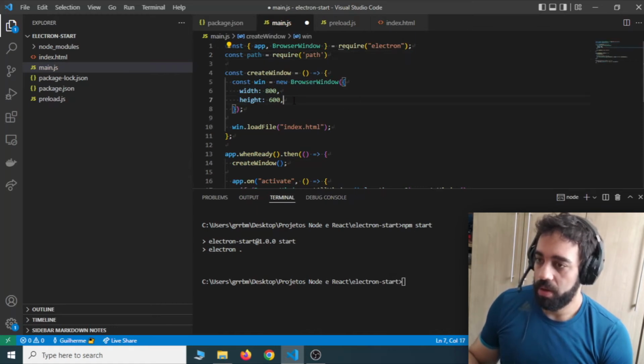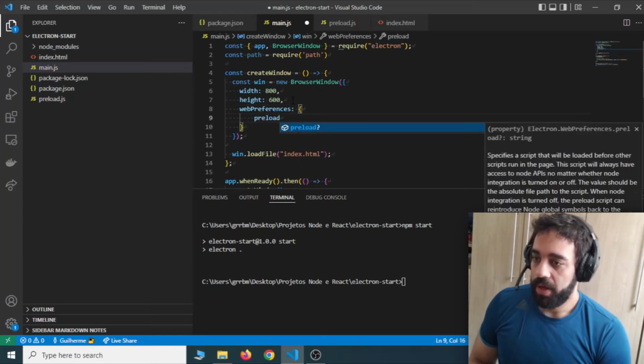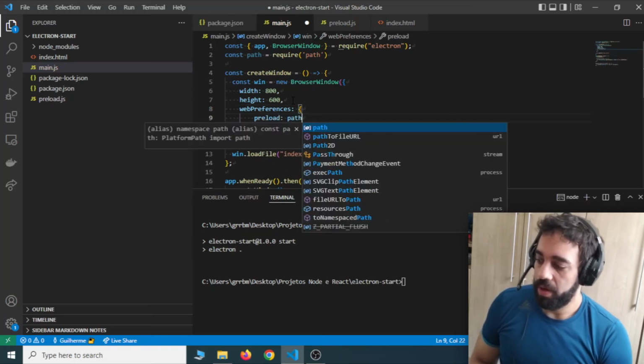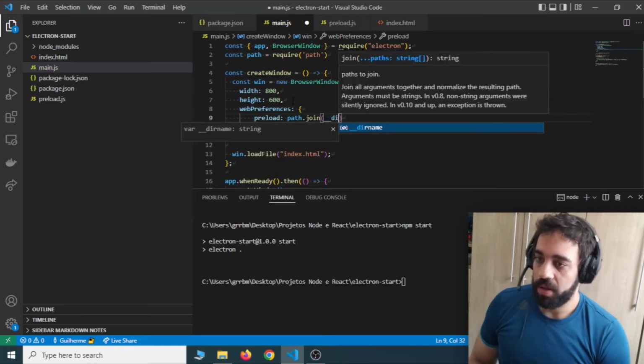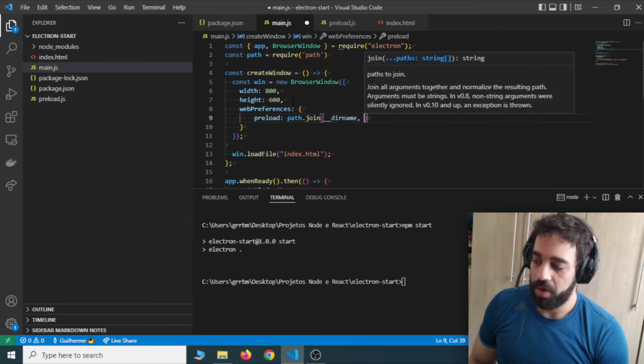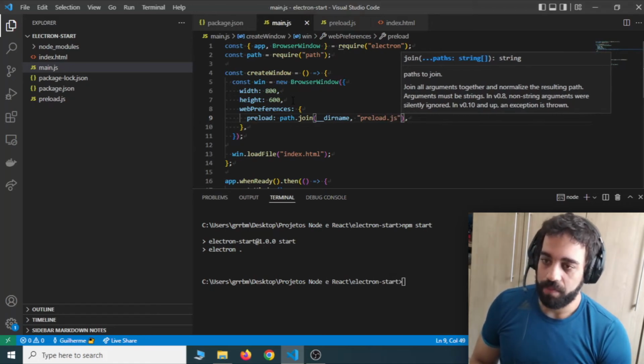And yeah, just add a key here, webPreferences, and I add preload inside of it, calling path.join with __dirname and then the name of the script, right, which is preload.js. So __dirname is the current path that you're in, so the path to this file main.js,